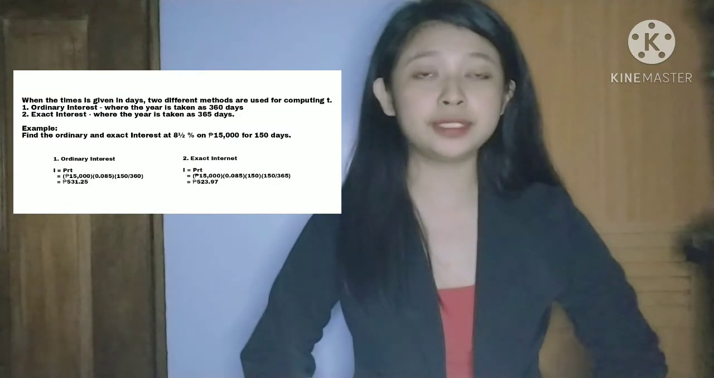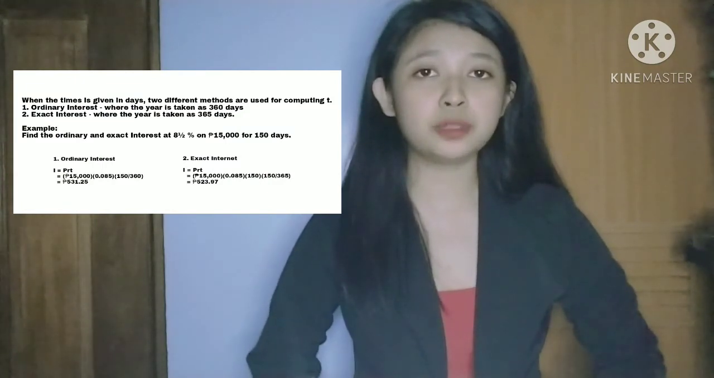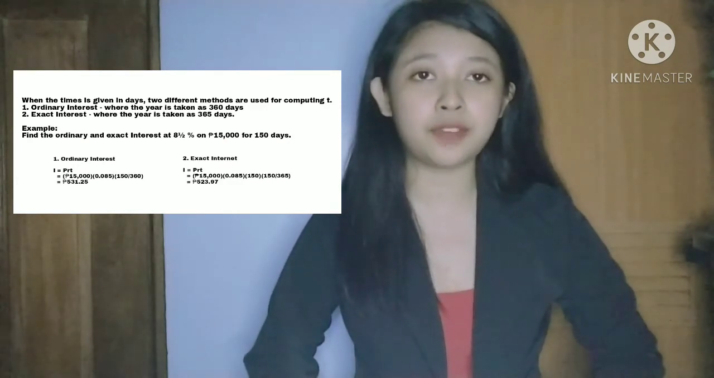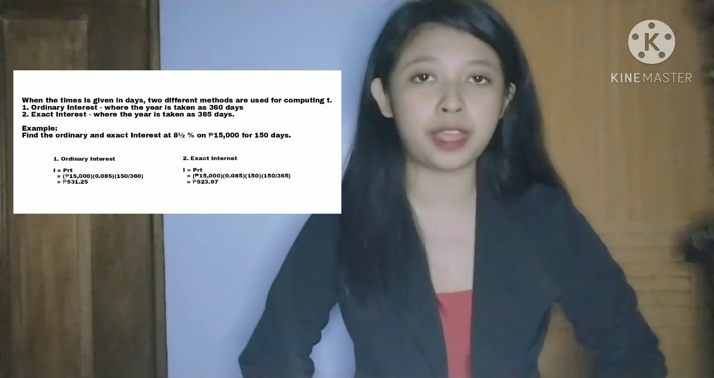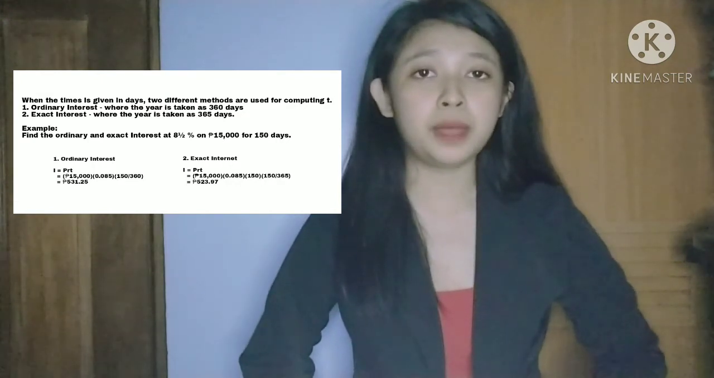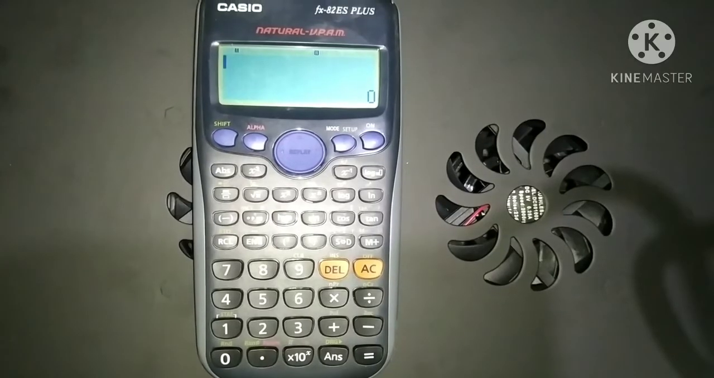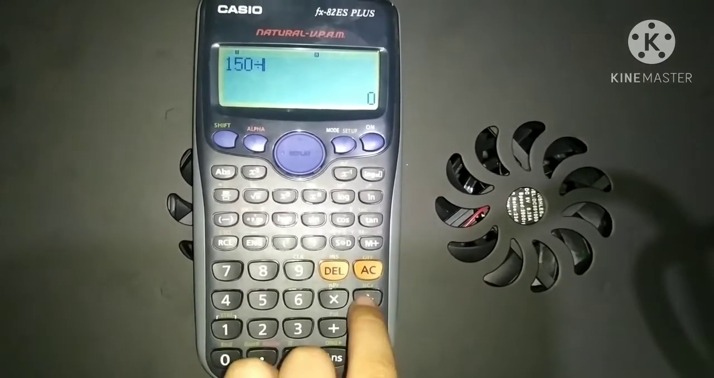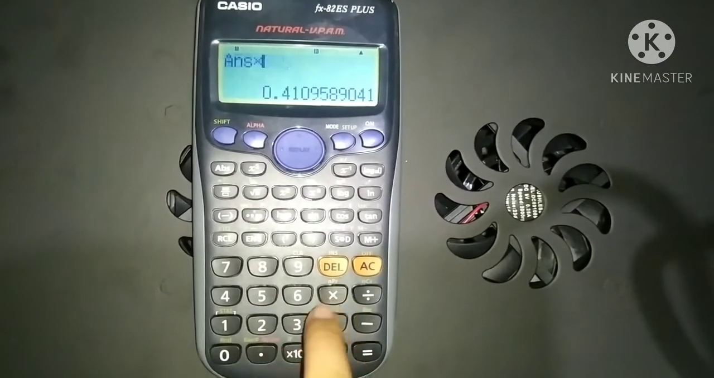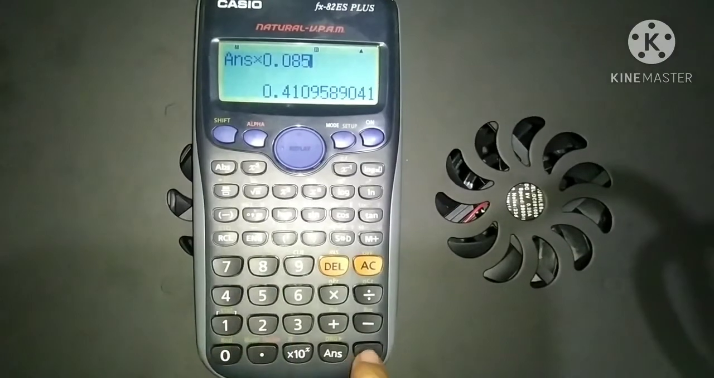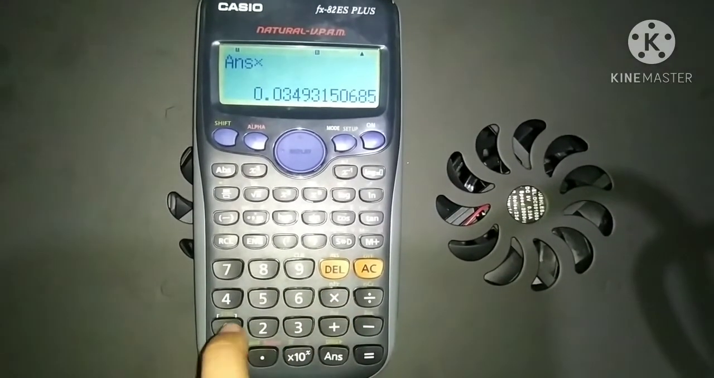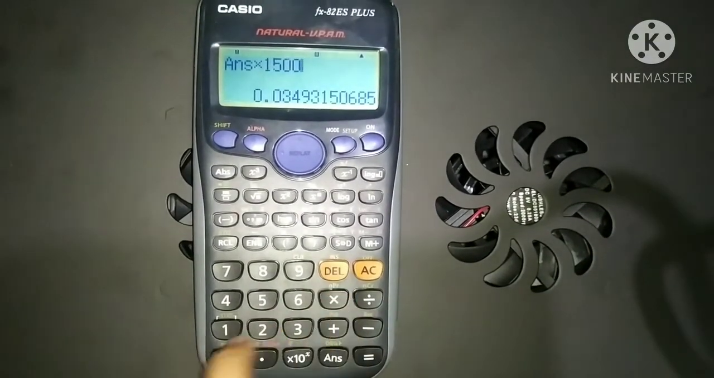Number 2, exact interest. I = PRT = 15,000 pesos times 0.085 times 150 divided by 365 = 523.97 pesos. 150 divided by 365 times 0.085 times 15,000 is equal to